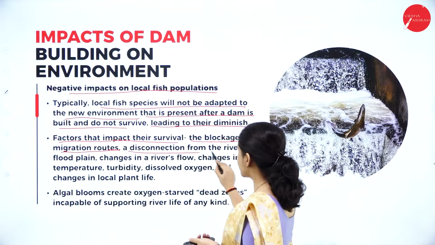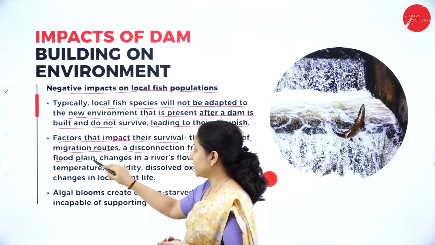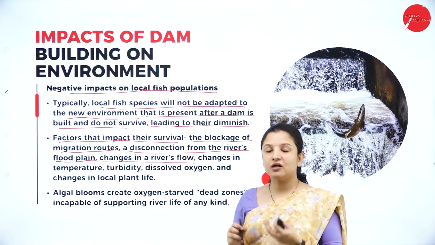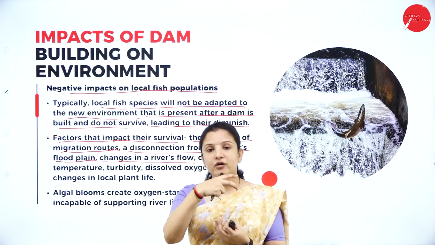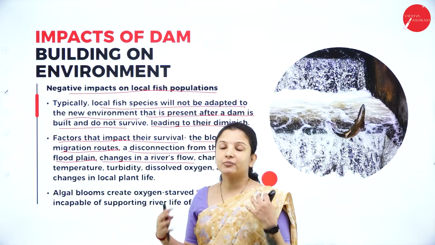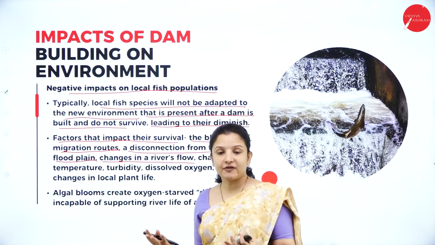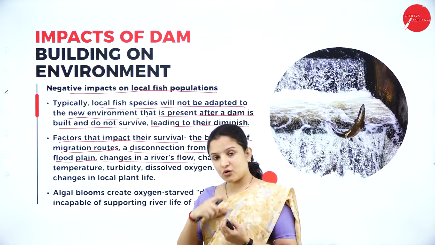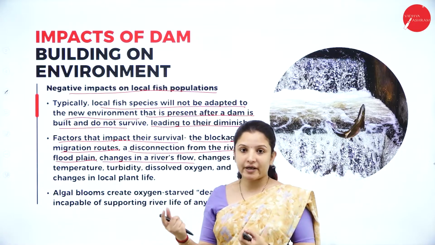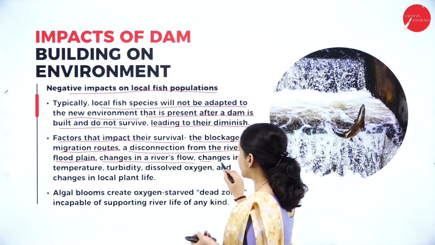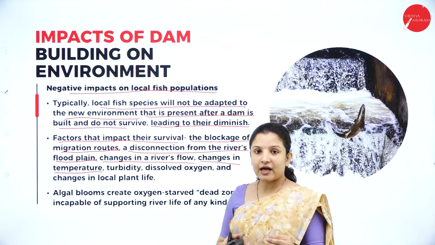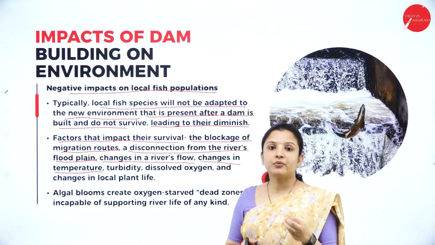And a disconnection from the river's floodplain will occur, and changes in the river flow will also occur. Construction of the dam can always change the flow of the river because of landslides or because of various other reasons, because of flooding and all that. So when the course of the river gets changed, these local fishes will not be able to adapt very well. And because of changes in temperature, the construction of dams will also alter the temperature of the water,